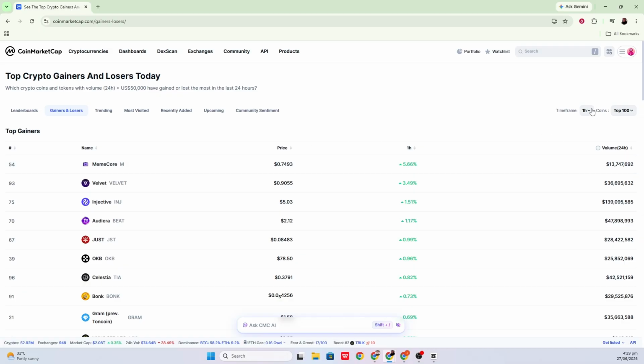To narrow down the list, use the market cap size filter. Select an option such as Top 100 or Top 500 to adjust the cryptocurrencies shown. After selecting your preferred market cap range, review the updated top gainers list to see the biggest cryptocurrency gainers within